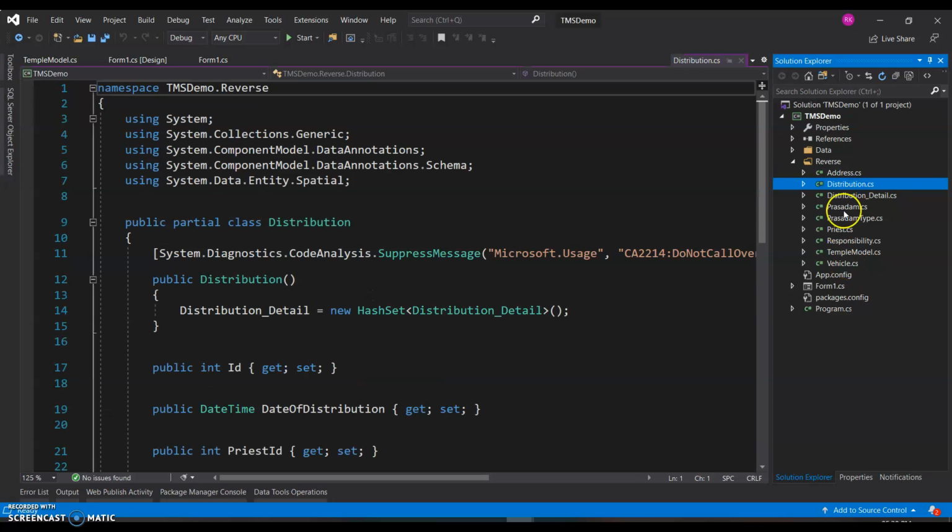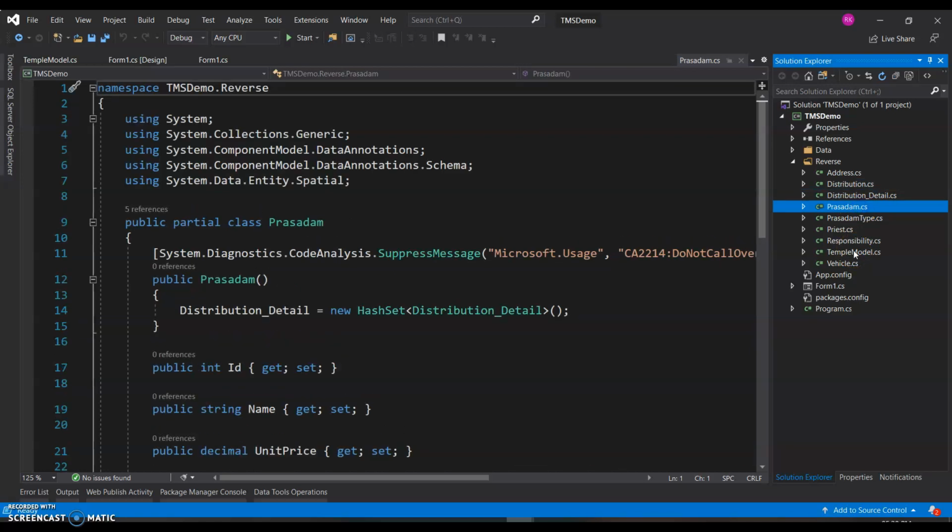So from here on, you can just take this forward, just like what we did in our code first approach. It makes no difference. It's just that instead of you having to create all these entities yourself, if you already have the database, you can just reverse engineer and get all these and save a lot of time.